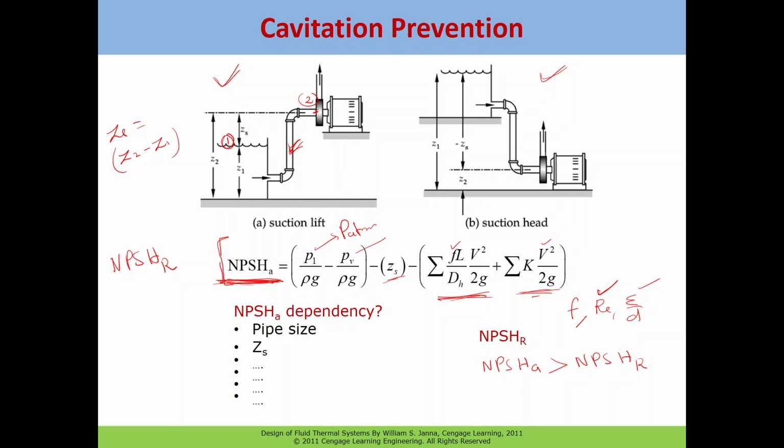The tank pressure, if you're taking point 1 at the free water level, will be P atmospheric, and the PV corresponding to the temperature. What is the temperature of the liquid? And then you go to the thermodynamic table and find out the saturation pressure, and then you substitute all these quantities and find out the net positive suction head available, and then you will check with this